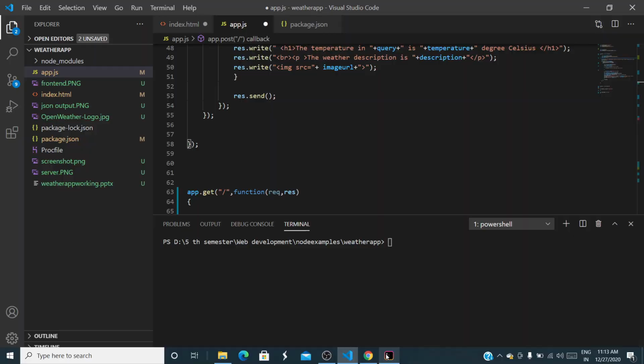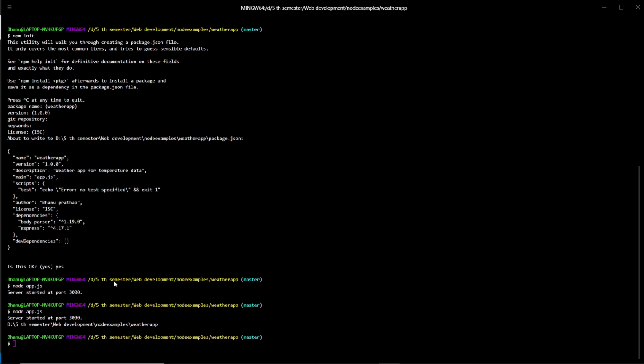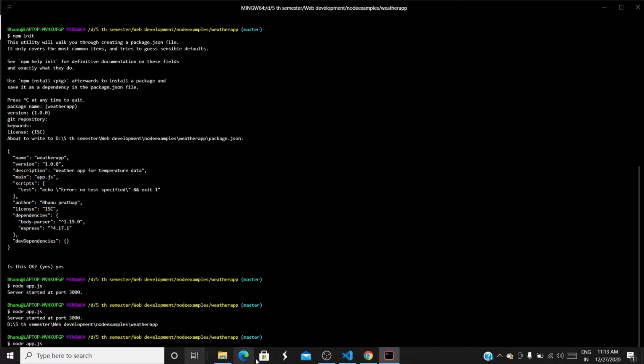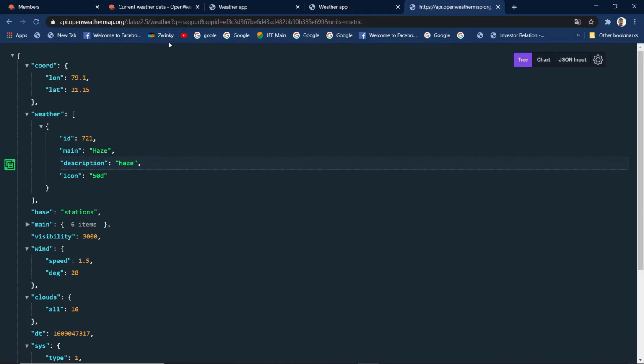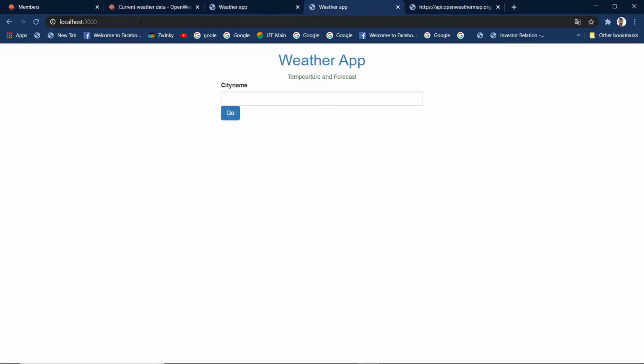We can go to our terminal and start it. Node app.js. Server started at this particular port. Say we have entered another city, Hyderabad.